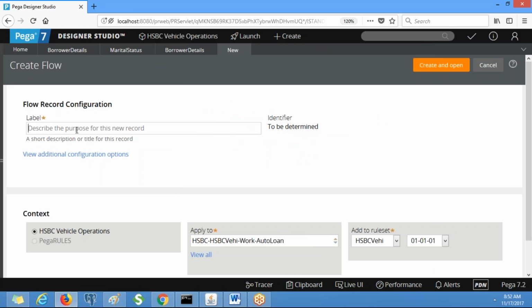I am going to give the flow name as auto insurance. Sorry, auto loan. This is not insurance, right? Flow name is auto loan. Create and open.